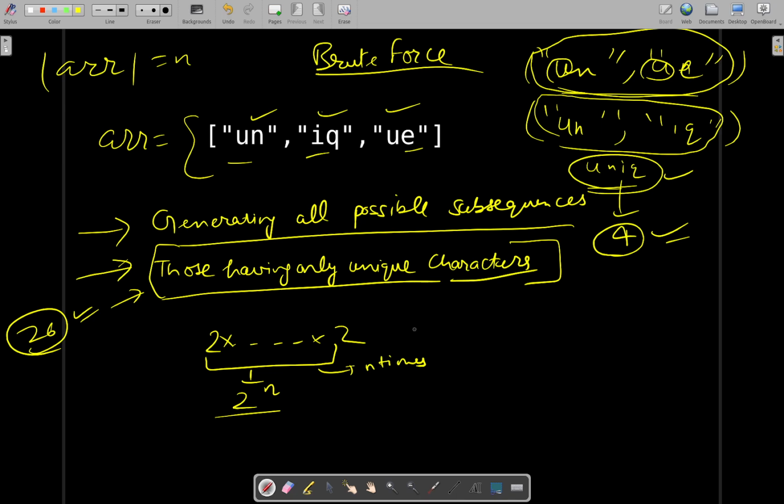For now, let's say additional 26 times is also required for each of these cases. So this will be the number of operations that will be required in total. So order of operations will be these, and let's see what 2 raised to power 16 into 26